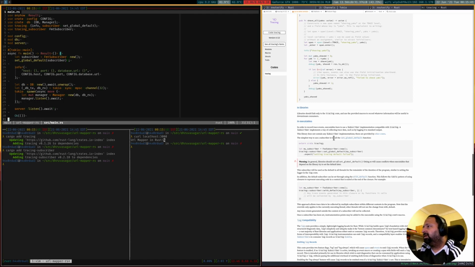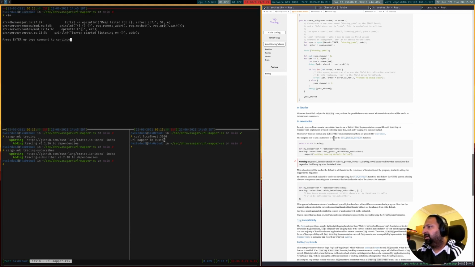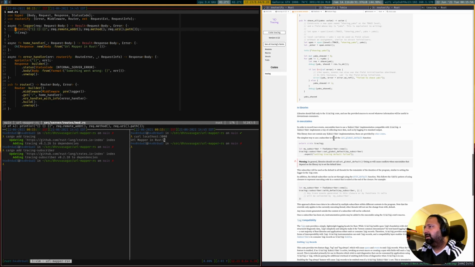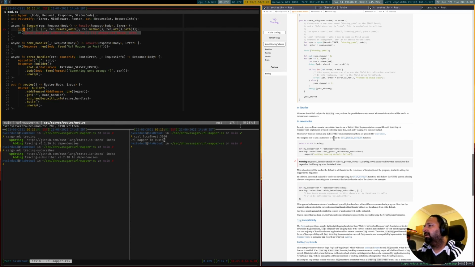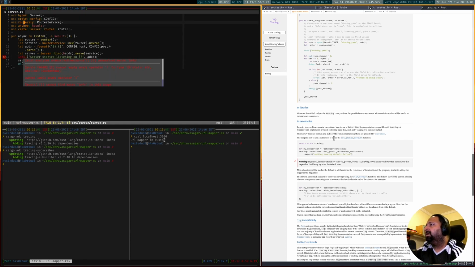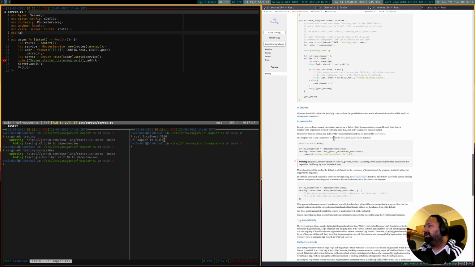Okay, and so now let's look for all instances of println, and we'll replace them with either info or println. Obviously we need to add these imports.